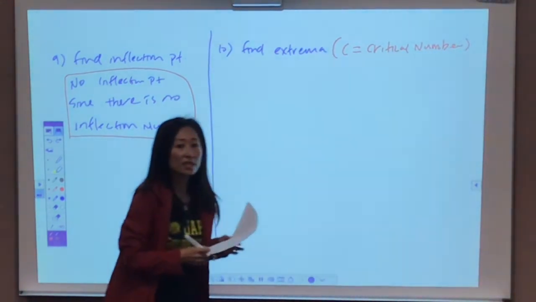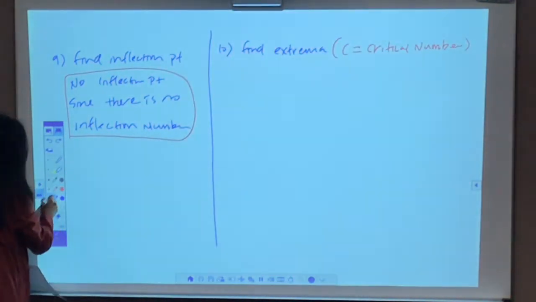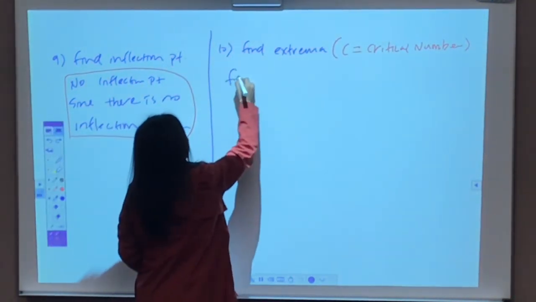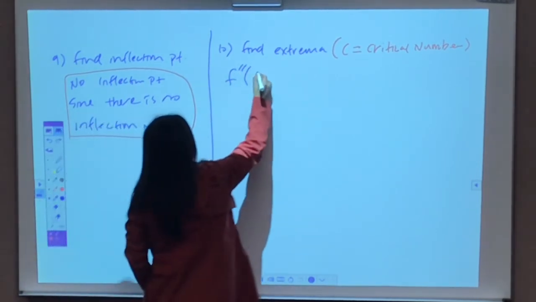Are you with me? C stands for critical number. Everybody with me? So this is what you know. F double prime of C,